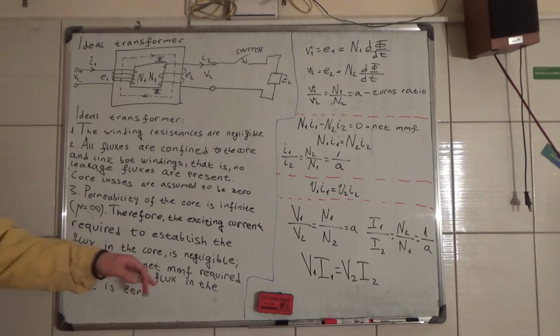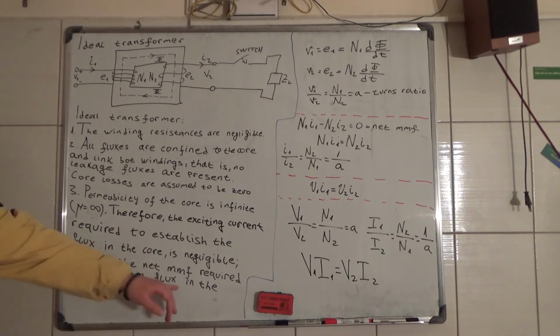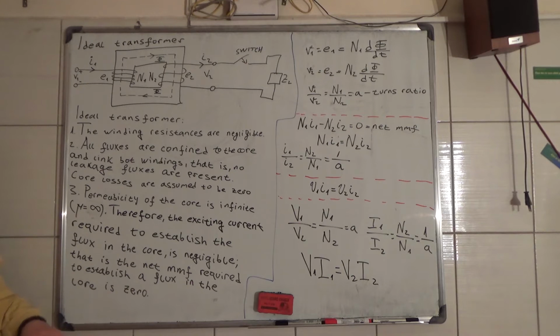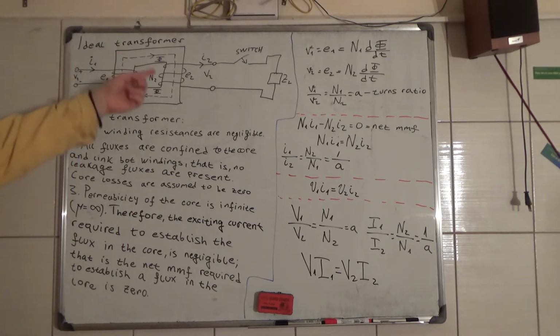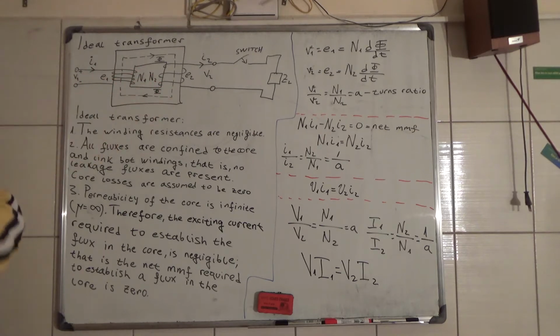And that is, the net MMF required to establish a flux in the core is 0. So net MMF, Ni, is equal to 0. In real life that isn't the case, but we can assume that the net MMF for an infinite permeability of this core is 0. Okay, now